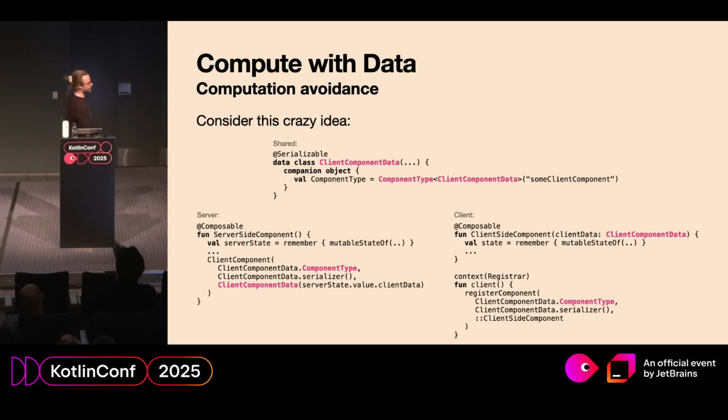That's server-side rendering with Compose. It could work like that. We can define some data class and share it between client and server, define the dispatch value as we did before, and run two separate Compose runtimes. One will be controlling another. On a server, Compose will yield the client component that will serialize its parameters, get to the client. Client will register the random function for that, and it will create its own state. So these kinds of things become possible, and I think they have their application in some enterprise apps or something.